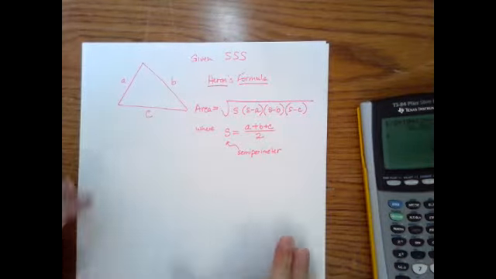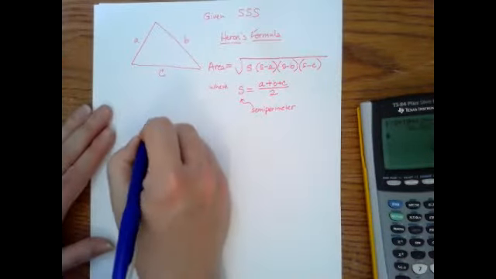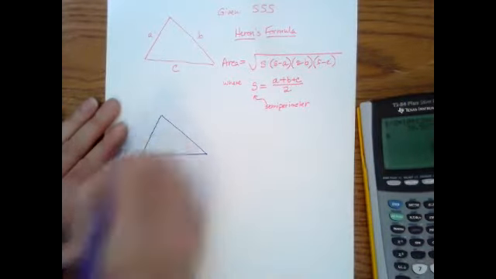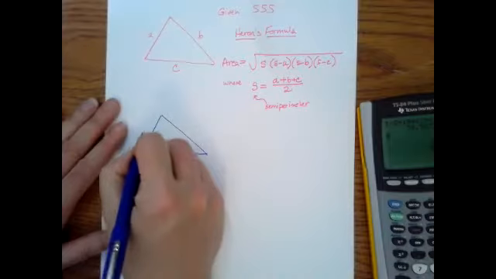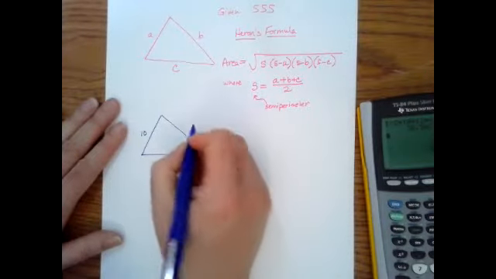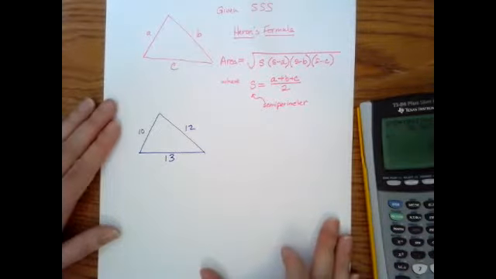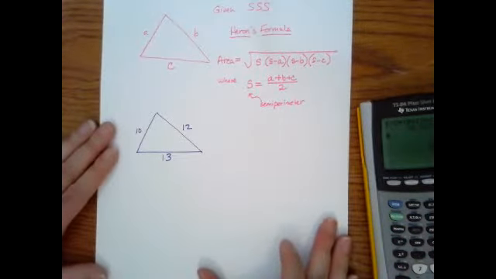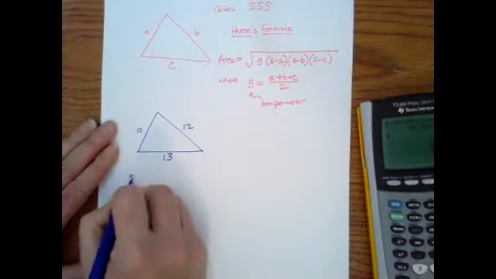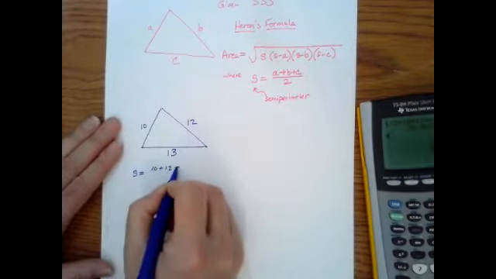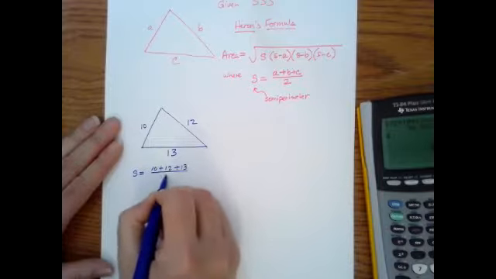Okay, let me run you through an example of this. So pretty much, if you have any triangle and you know the 3 sides, let's just say this is 10. This one's going to be 12, and we'll make this one 13. So what I do first is I set out to figure out what the semi-perimeter is. So the semi-perimeter will be, let me add these sides, 10, 12, and 13. We'll get that total and divide it all in half,